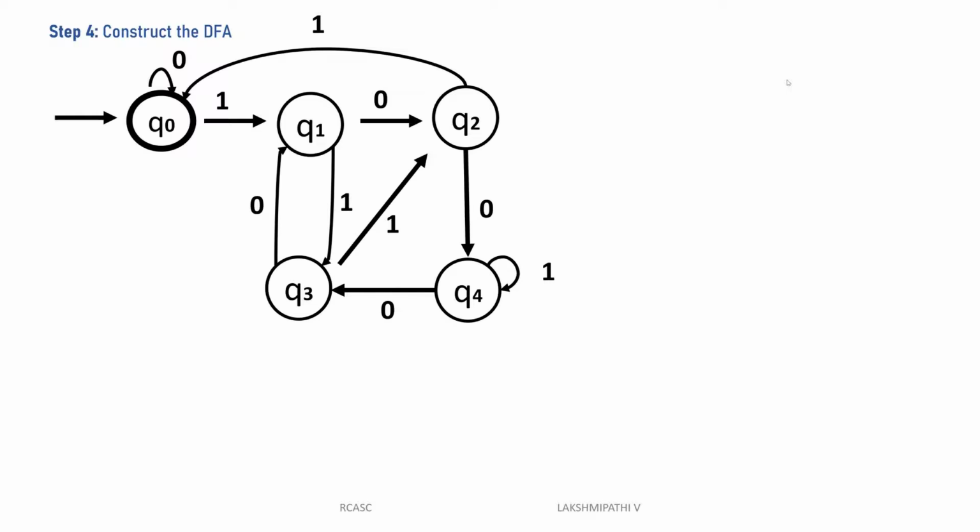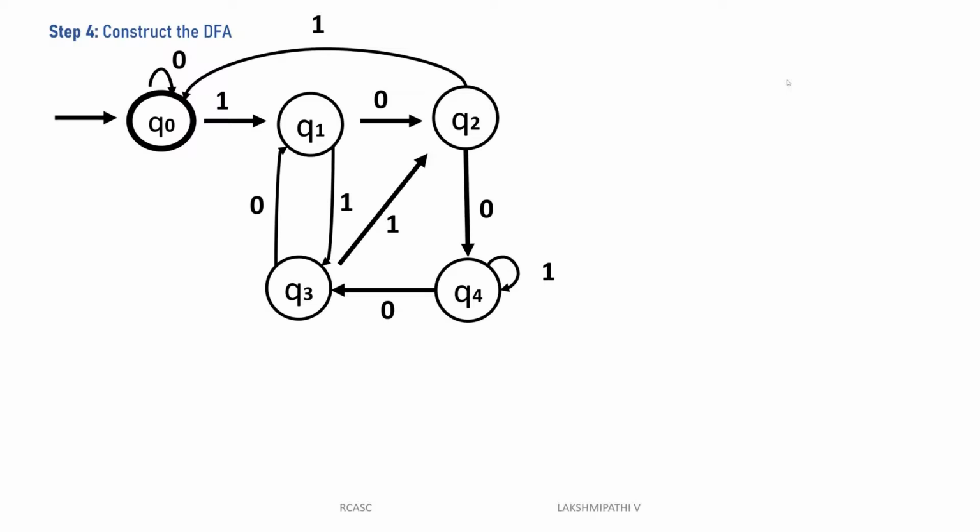Once again, students, now you can check it. In this diagram, take possible strings. In the beginning we took that the string representing 0 modulo 5 is 4 zeros. For example, here the starting state is Q0 only. Why? Because we are taking it as the starting state. The starting state is Q0, and the final state is also Q0.